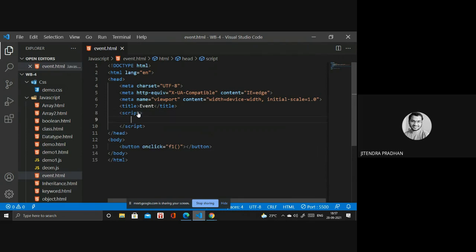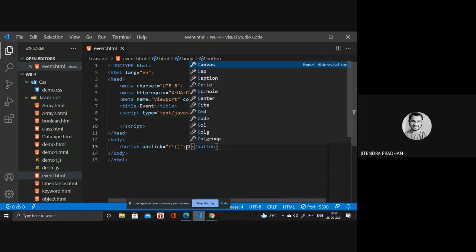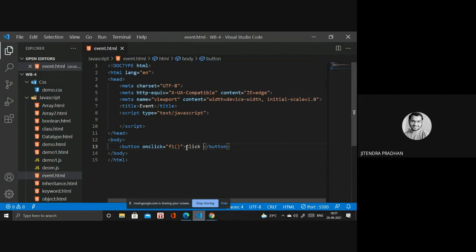First, type text/JavaScript. Next, you have to write a button name as well: Click here. Next, we write the function F1.